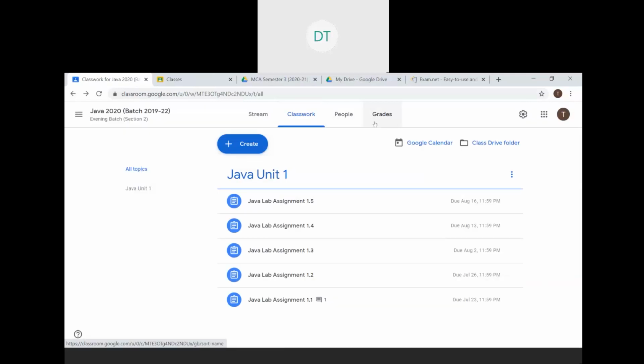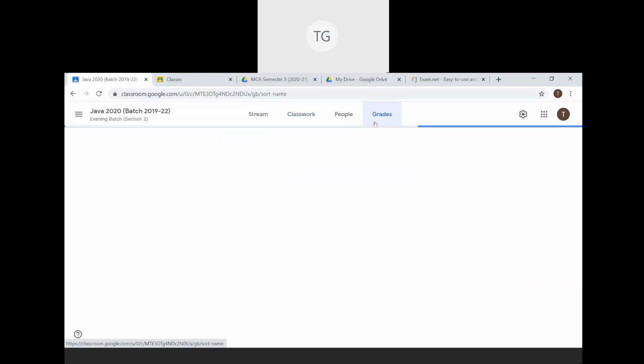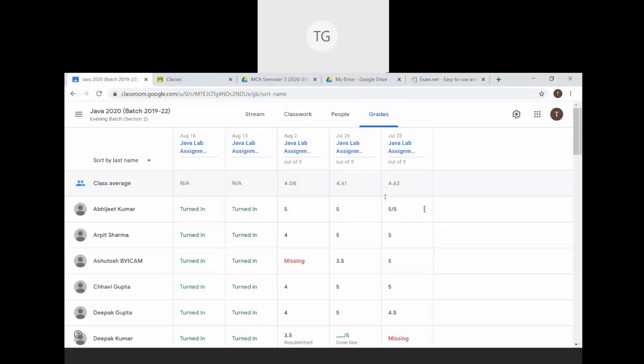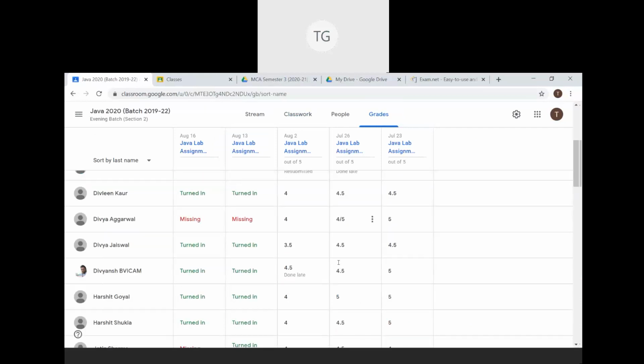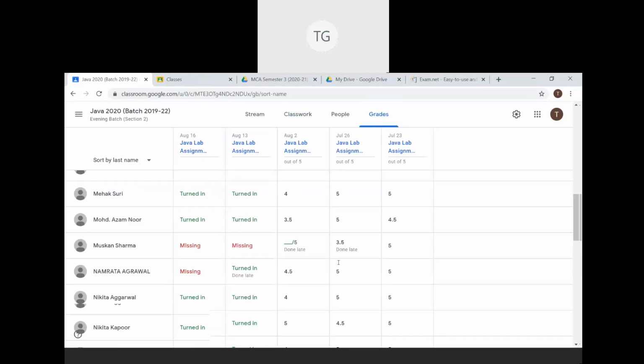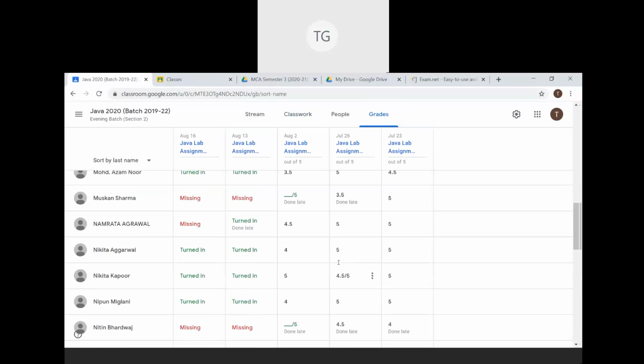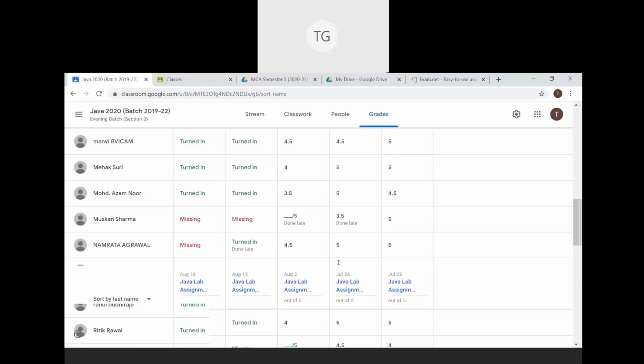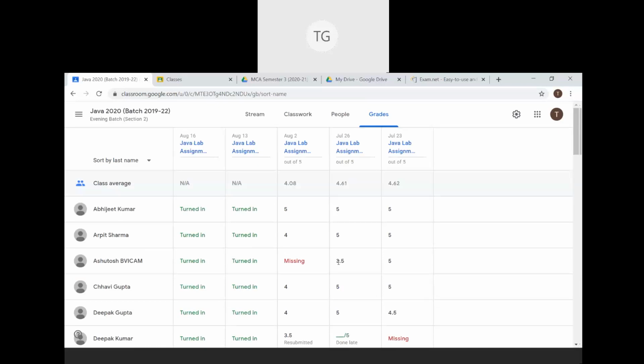Grades, like this is a graded assignment. All three assignments have been graded. So out of 5 assignments, I have graded 3 assignments and I have not graded 2 assignments so far. So you can see the 3 assignments that I have graded. Student wise, I'm getting a complete listing, right? What were the grades? What was the status done? Was it done late? Was it done on time? So this is the grade book, which is sorted.